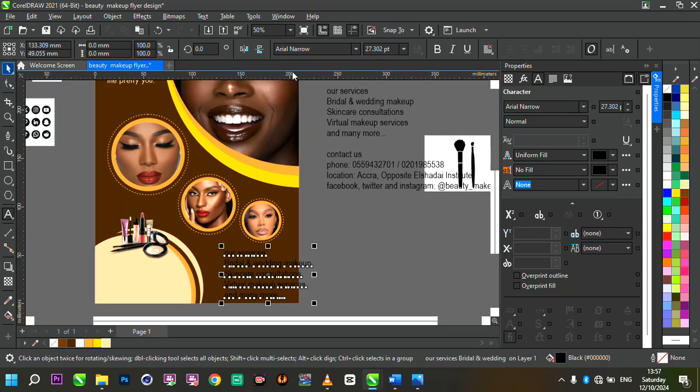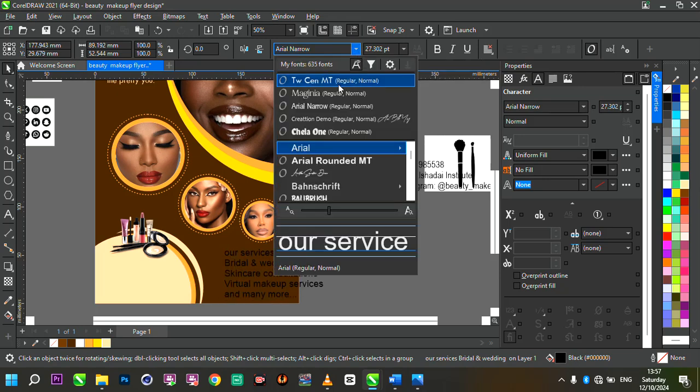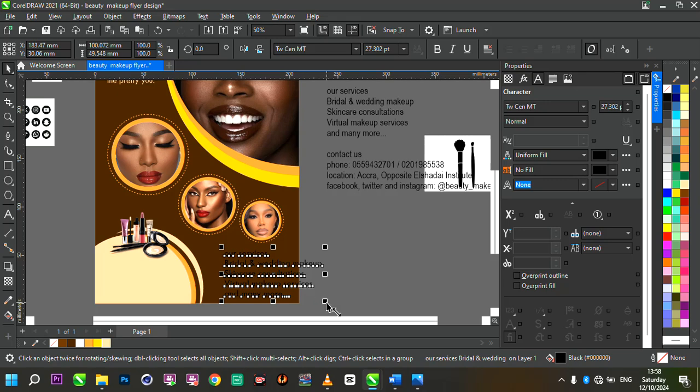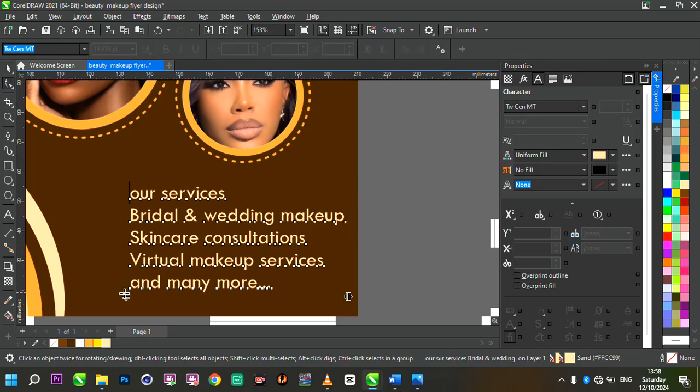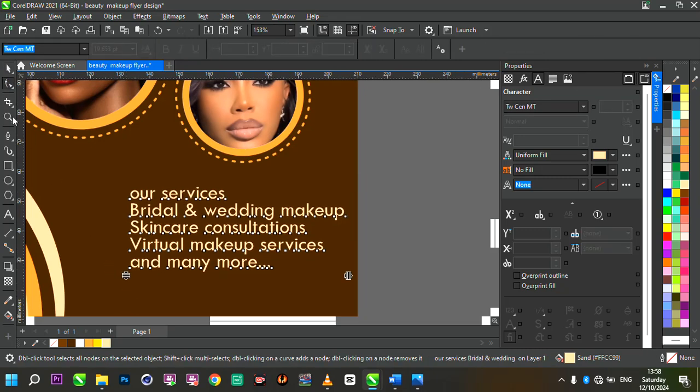So the font as well is going to be TWC. Remember, anytime we are working on designs, limit the number of fonts to at most 3. It just makes your work look very professional. Okay, so we need to reduce the spacing right here,